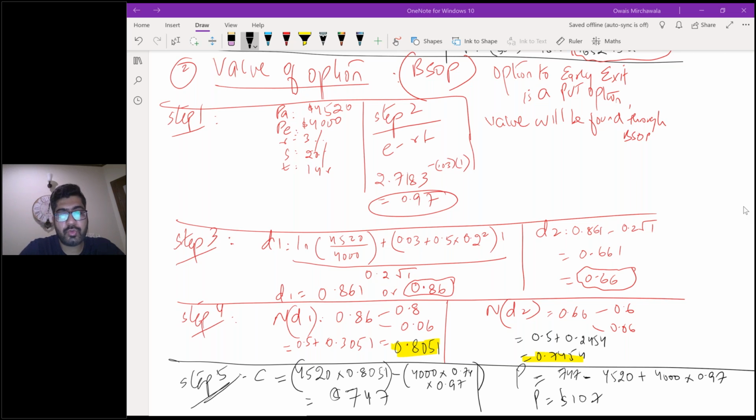Keshav, there is no need to show such an example where D1 is negative. You can just do any question where D1 is negative. In case negative, you just need to deduct the table value from 0.5, because if you read the last two lines, it's clearly written: if D1 is positive, add 0.5 to the relevant number above from the table. And if D1 is less than 0, negative, deduct the relevant number above from 0.5.